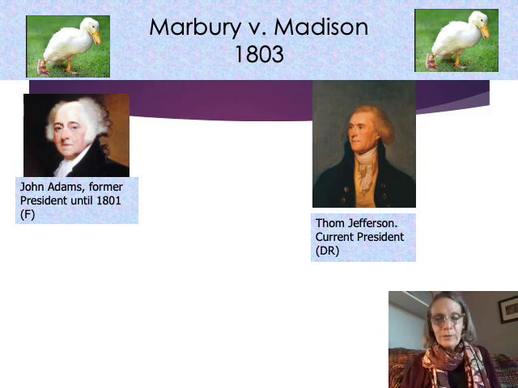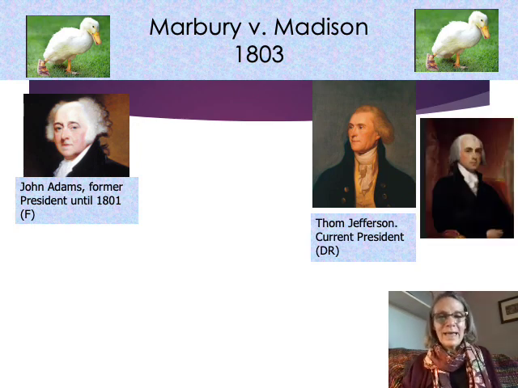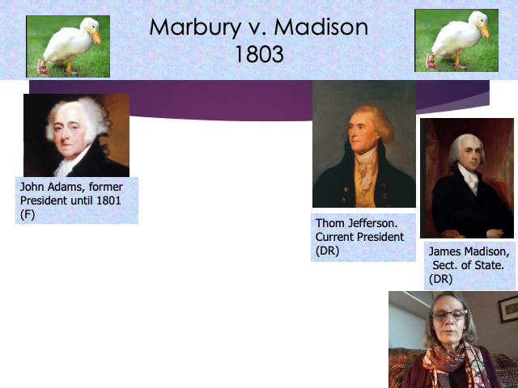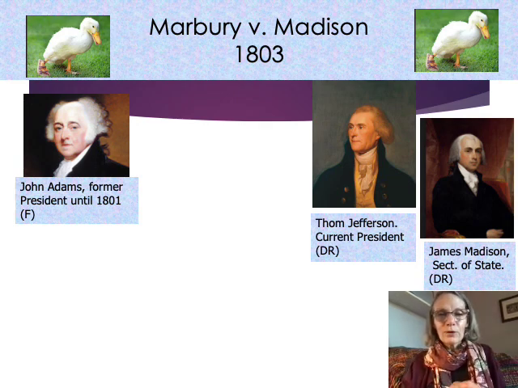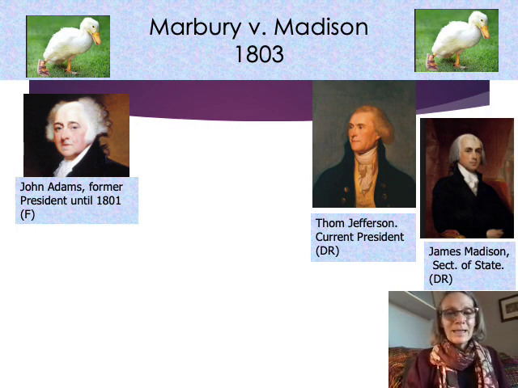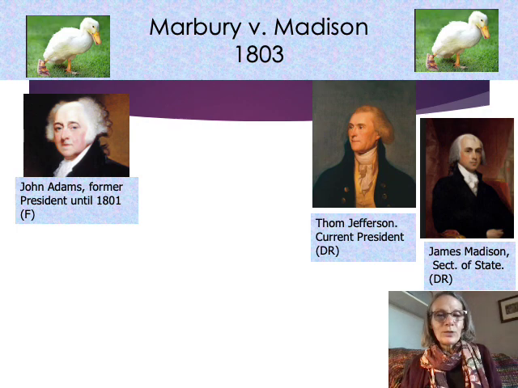When Thomas Jefferson and his Secretary of State, also Democratic Republican James Madison, actually took office and entered into their offices, they saw that there were a bunch of commissions that never got delivered to these federal judges. To actually become a federal judge, you don't just get anointed. There's an actual legal document that's delivered to you and you accept it, and that's when you become a federal judge.